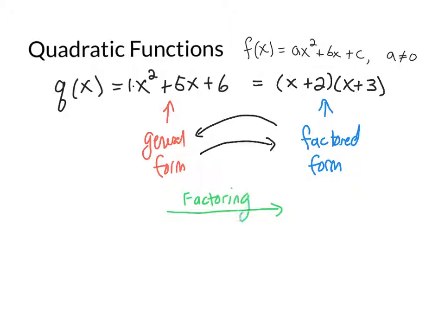We'll have a whole video to itself for factoring. And the other direction, we call expanding. If I'm going from factored form into general form, I'm expanding. Sometimes people call this foiling. Specifically, if I'm going to take two terms like these ones up here, x plus 2 and x plus 3, there is an acronym called FOIL